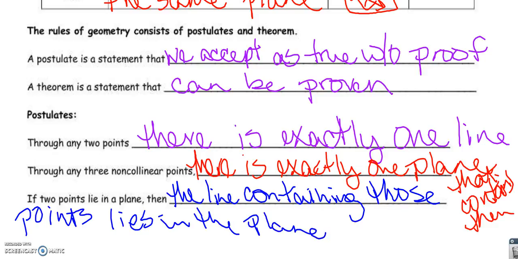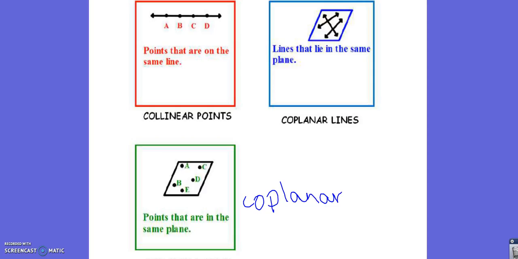Okay, these are very basic. They're very important. You're going to use them all year long. Remember, a postulate is a statement that we just accepted as true without proof. And a theorem is a statement that can be proven. These bottom 3 are postulates. Through any 2 points, there is exactly one line. Through any 3 non-collinear points, there's exactly one plane. And if 2 points lie on a plane, then the line containing them is also on the plane. Here's a summary, and